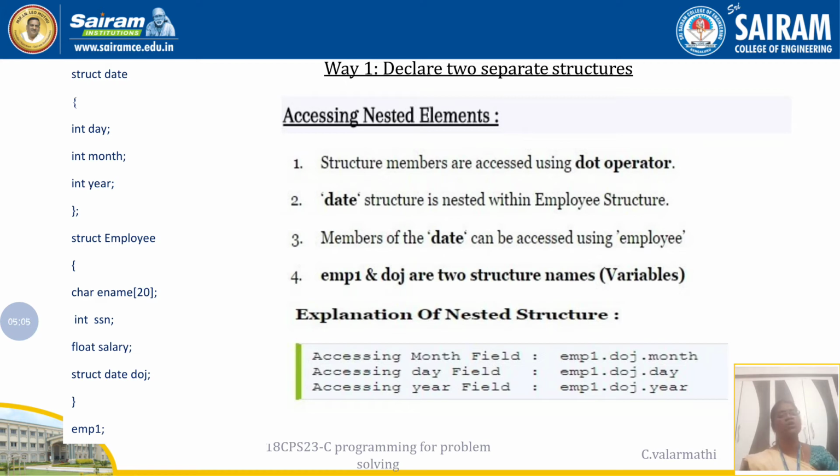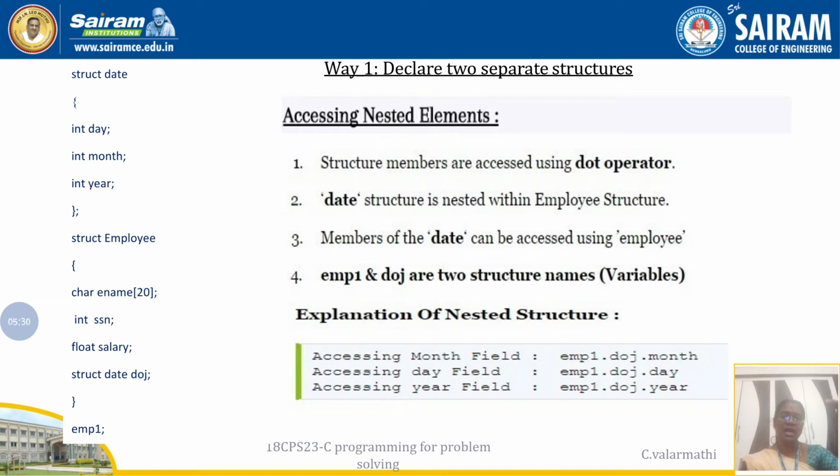Obviously DOJ will be denoted as a date. If you take a date, he may have joined in the first week of June 2015, like that. So here this DOJ is considered as one date, and I can use that date structure here.